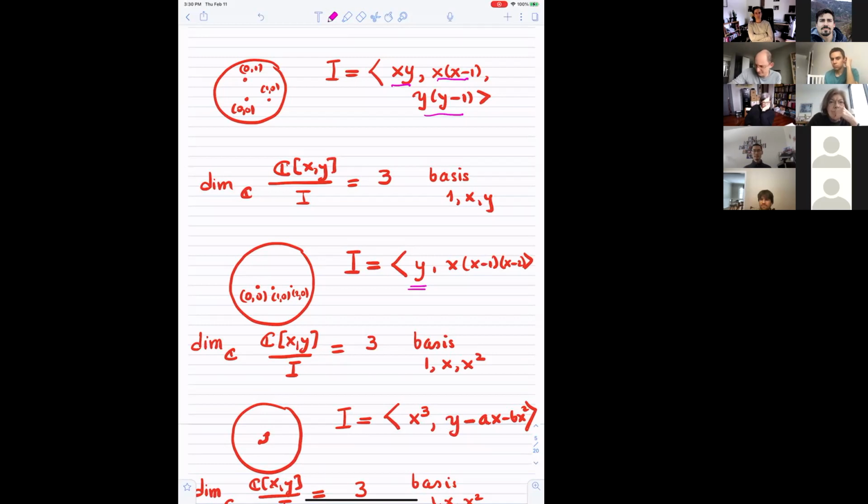It's not so hard to do, okay? And again, you see that here the dimension of the polynomial ring modulo this ideal is 3, and this gives you a basis. And then, maybe I should stop and point out that you should appreciate Grothendieck's theorem at this point,